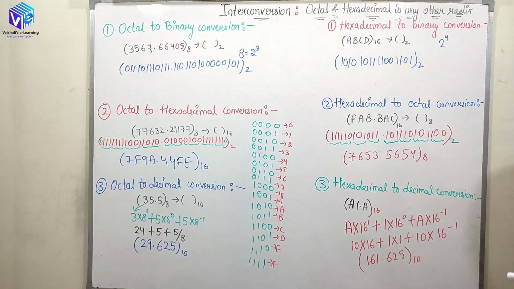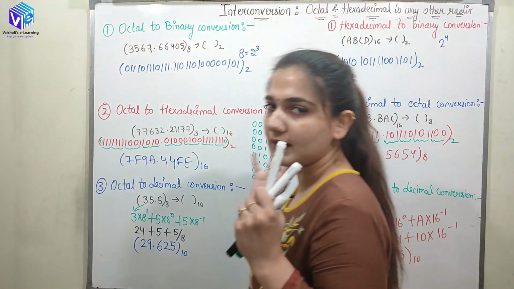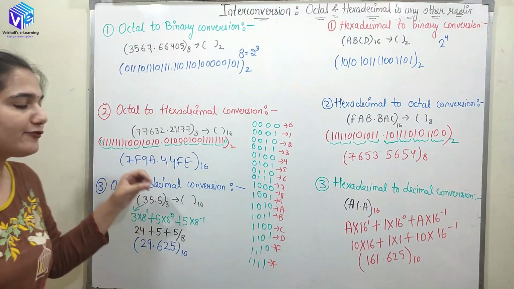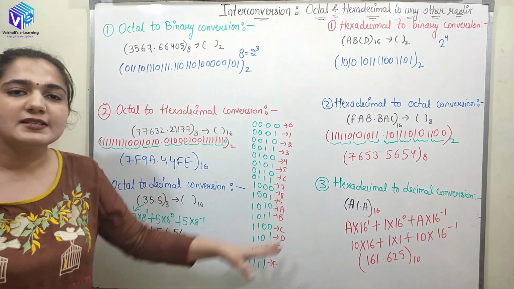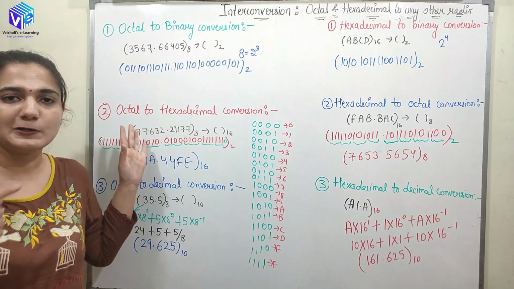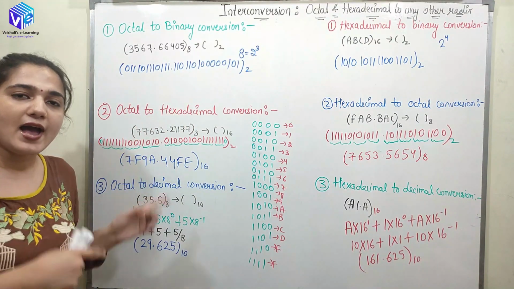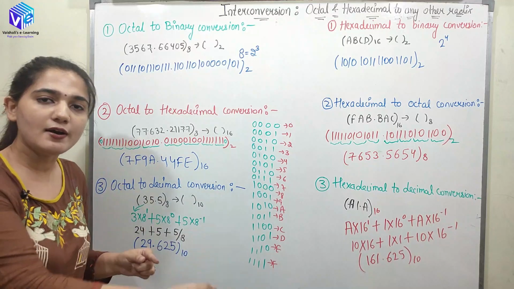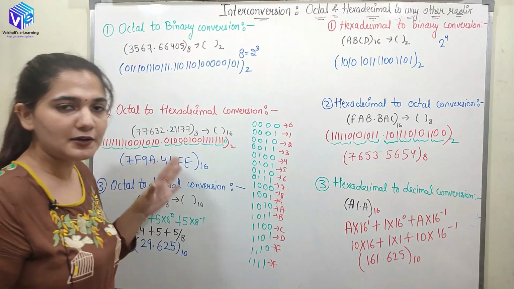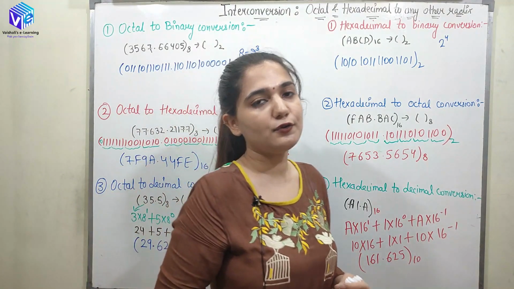So this is how you can solve a simple polynomial equation, and you can convert any number to the decimal number. So decimal number conversion was very easy. You have to remember this representation for the conversion of hexadecimal to octal and octal to hexadecimal, and hexadecimal or octal conversion to the binary. So this is how I have completed all of the conversions. I hope you understood each one of them.